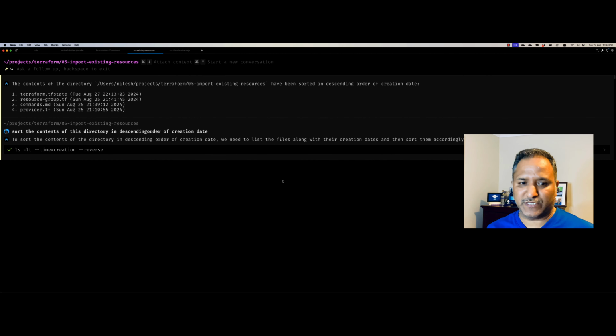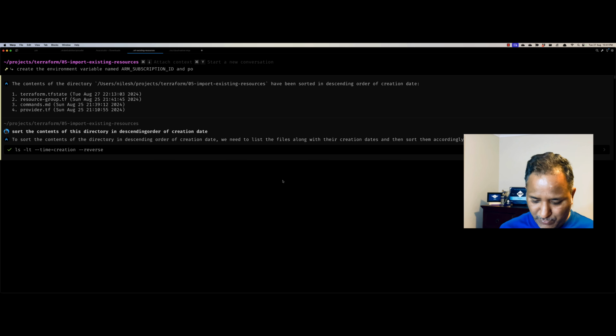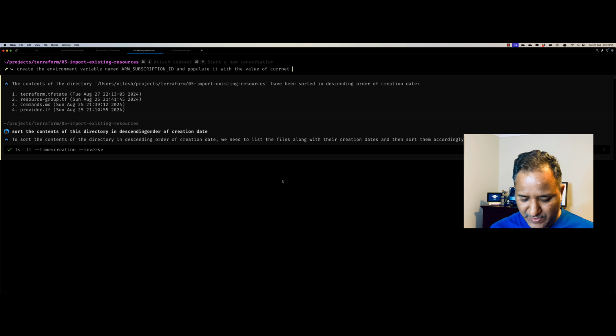for the subscription. So this is an environment variable which I want to populate with what is the subscription ID for my Azure subscription. So let's type this question saying create the environment variable named, and I will paste the name ARM subscription ID and say at the same time populate it with the value of current Azure